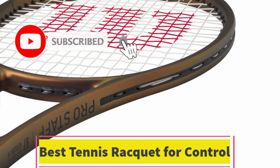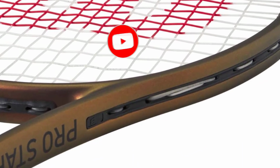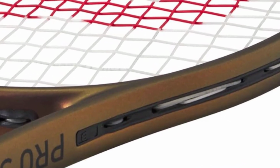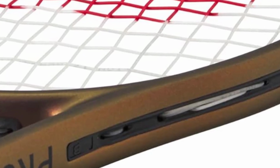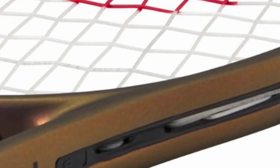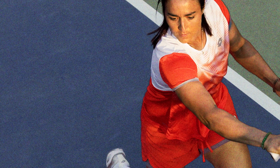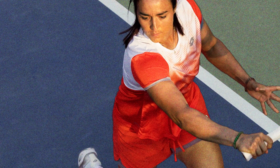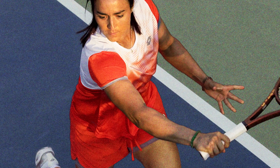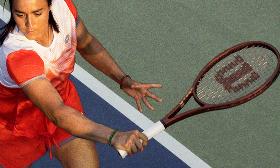The Wilson Pro Staff 97 V14 is a premium performance tennis racket, ideal for advanced players seeking precision, control, and classic feel. This unstrung version is part of Wilson's iconic Pro Staff line, trusted by legends like Roger Federer. The V14, version 14, features updated technology and aesthetics while maintaining the traditional Pro Staff DNA. It has a 97 square inch